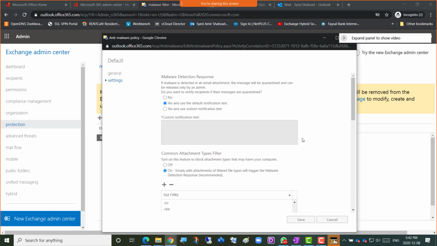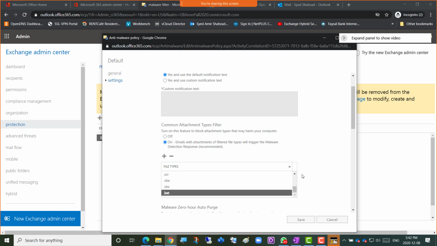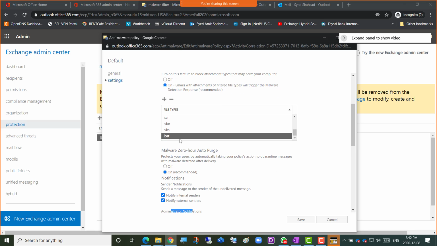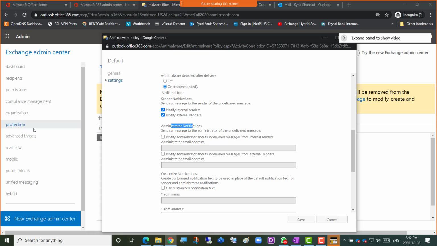So we get that from the malware section under protection, where you choose how you want to detect and respond, whether you want the user to be notified, and what kind of harmful attachments you want to avoid. And it was actually off, it should be turned on, and then it will protect you from harmful attachments. It will block right away instead of leaving the decision to the user to double click it and then find out the hard way. Okay, so some changes were done here on the malware protection, so I'm just going to click save